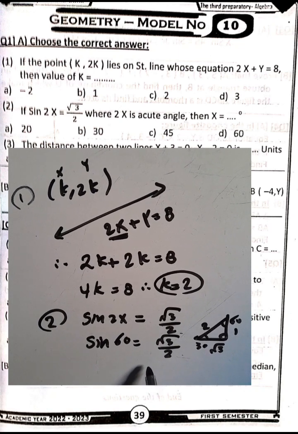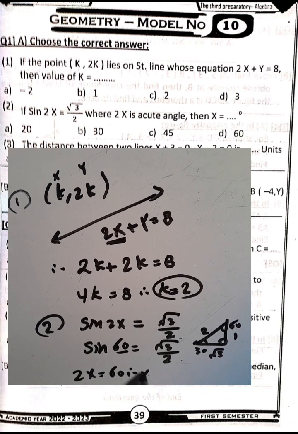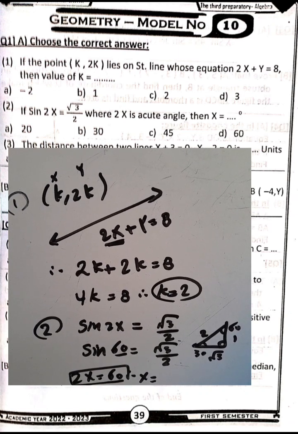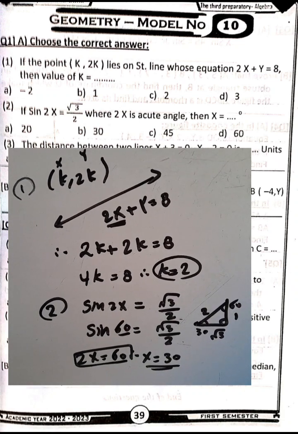Okay, then 2x here will be equal to 60. Then we can find the value of x by dividing by 2. Then the value of x here equals 30 degrees. x will be 30 degrees. Okay,